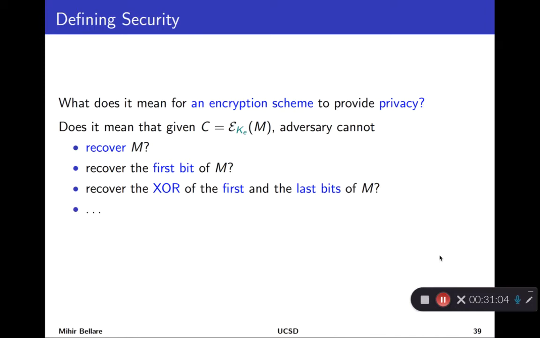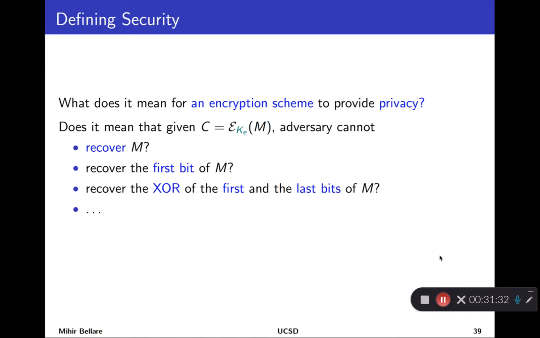So consider an adversary that gets a ciphertext created by encrypting under a certain key a message M. So the message M is the data we're trying to protect. The encryption key, let's say in a symmetric setting, is a secret known to the sender and receiver. So the adversary does not know the key a priori. And it looks at the ciphertext and it's going to now start to try to break things.